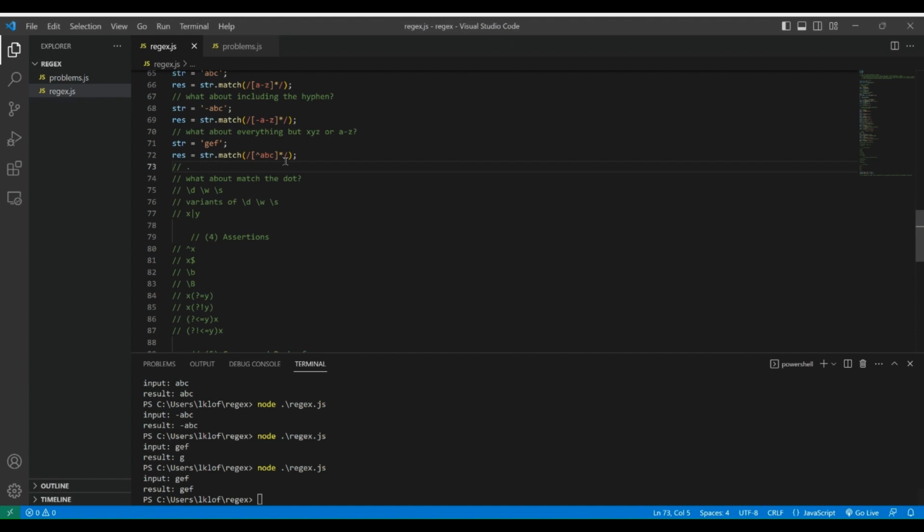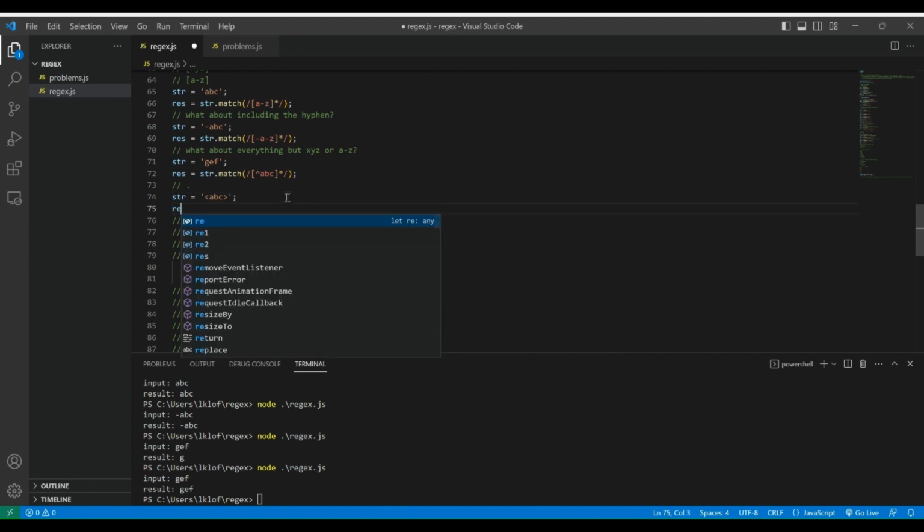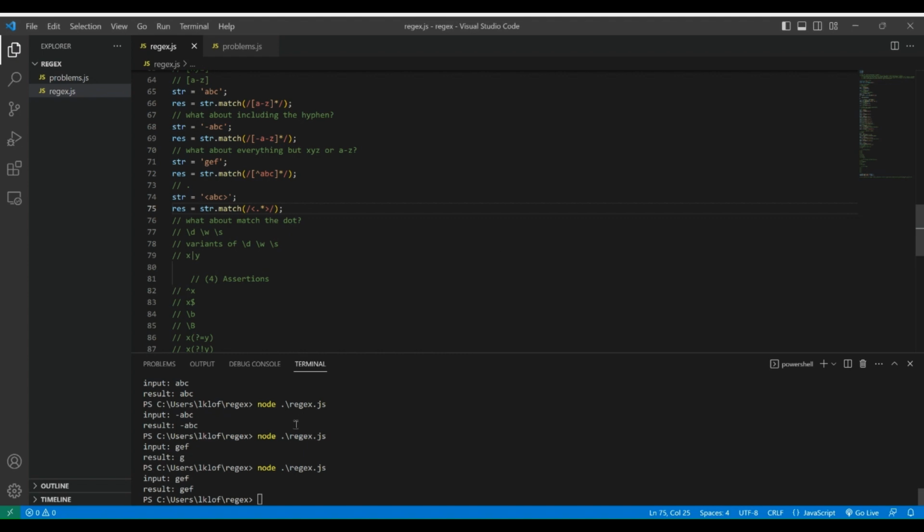The next operator we should look at, our character class, is the dot, and this will match everything that is not a white space. So this is really helpful when you have two delimiters and then you want everything between those. So let's say our string equals an angular bracket, ABC, and then another angular bracket. We want everything between those. We can do that by using the dot. So we want to start with the left angular bracket, and we want everything between that. So we use dot star and then end it with the right angular bracket. And just like that, we get ABC